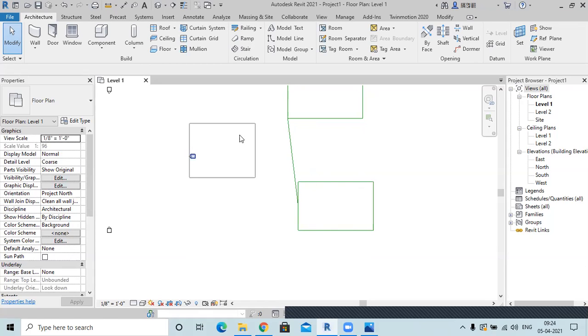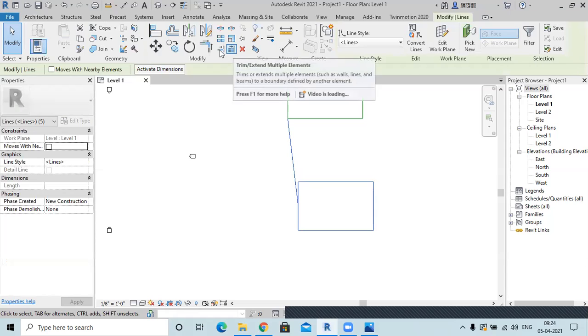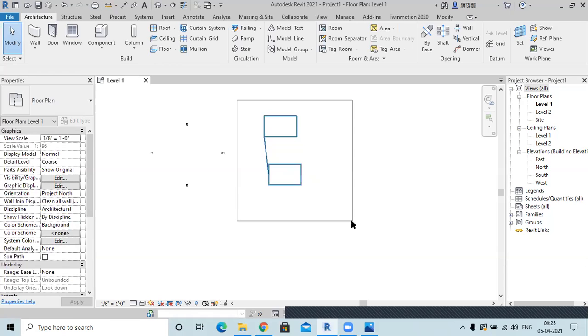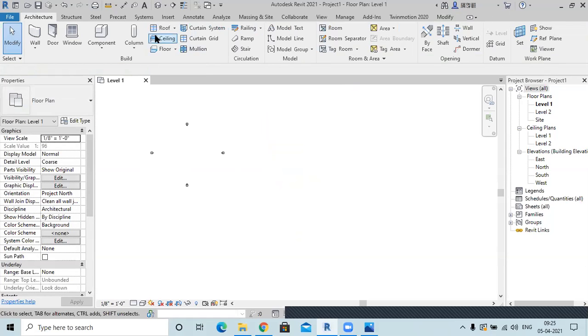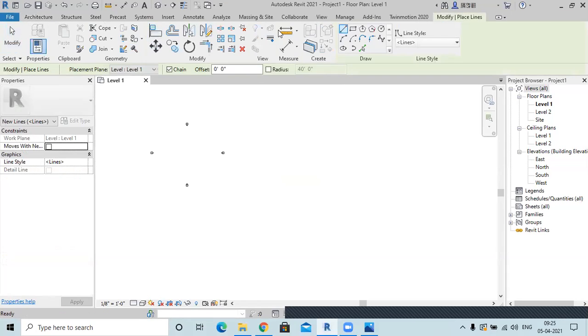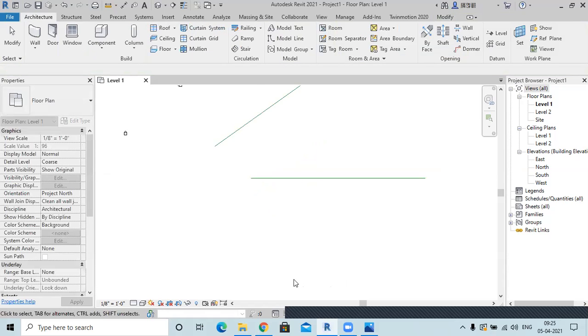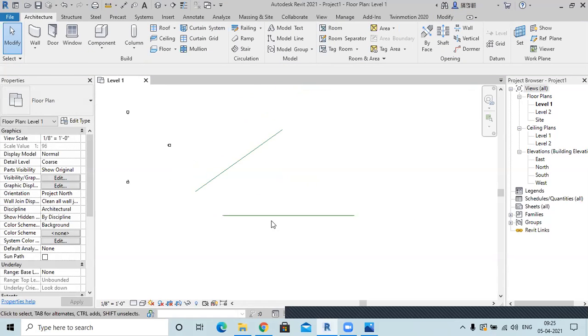Whenever you select an object, these options will automatically come. Now there is this trim and extend option which I'll show you. For example, there are two lines. Maybe one line is this, and one line is this. These two lines are intersecting lines, but right now they are not intersecting.